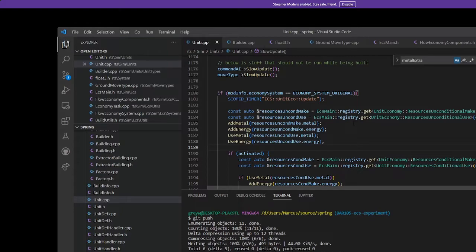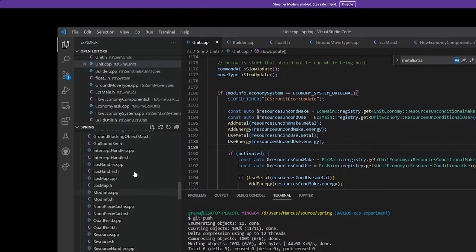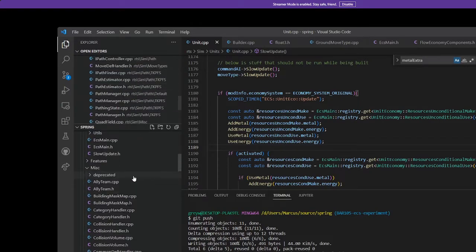I've had some weird little problems with save loads where I accidentally did something while adding components, because I had a system listening for components. When you add a resource use component, there's a listener in one of these